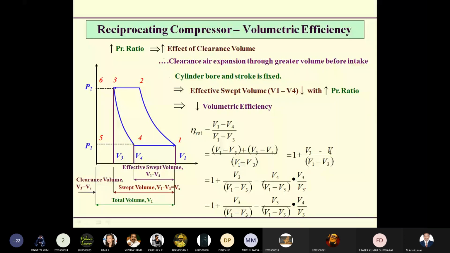Then the increased pressure ratio will give you the increased effect of the clearance volume. So the clearance air expands through a greater volume before intake. The cylinder bore and the stroke are fixed, so the effective stroke volume decreases with the increased pressure ratio. Then we get a decreased volumetric efficiency. So the volumetric efficiency can be calculated with V1 minus V4 divided by